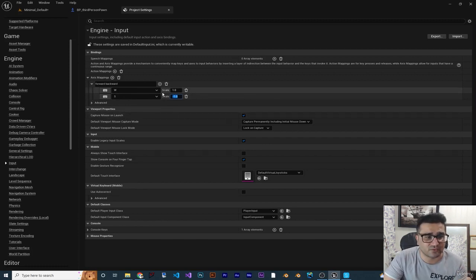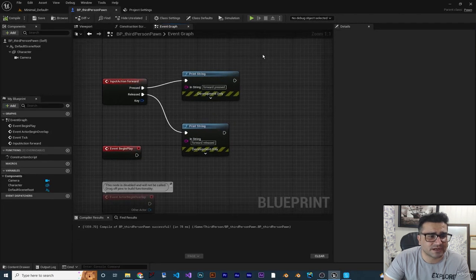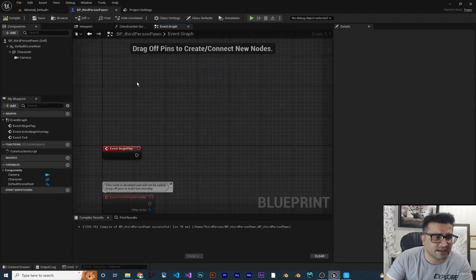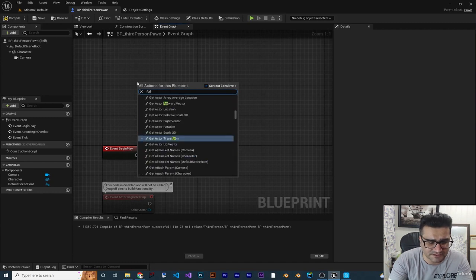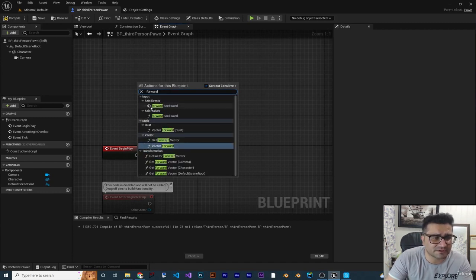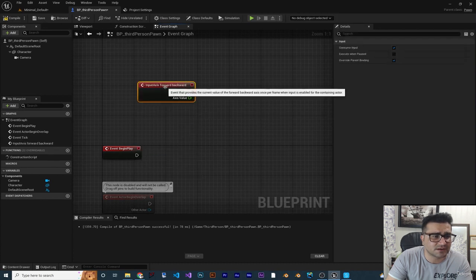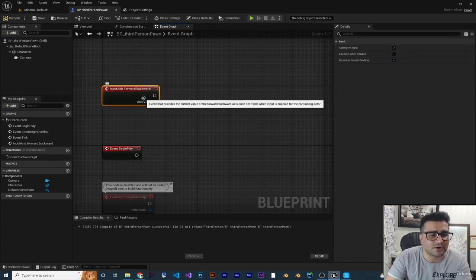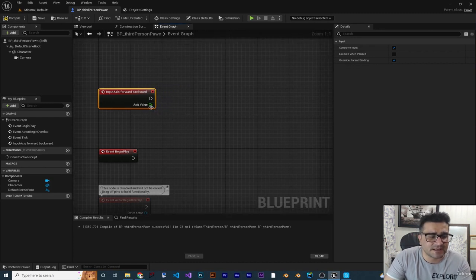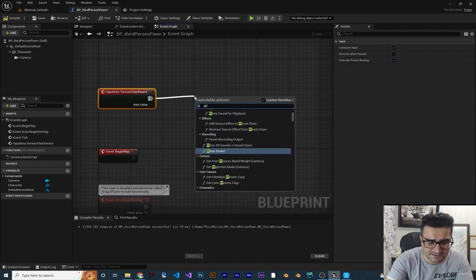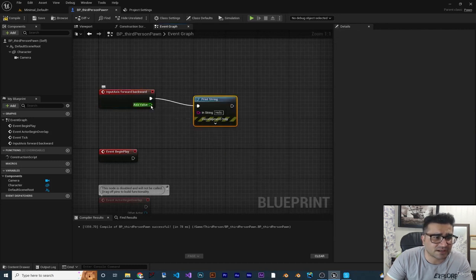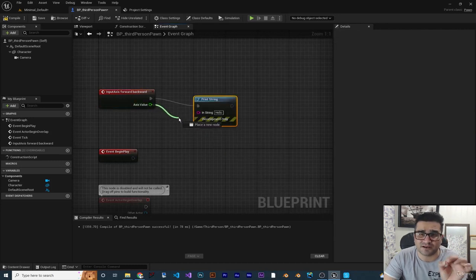So when we hit W on our keyboard, it will give us a value of 1, and when we hit S on our keyboard, it will give us -1. So now with that, let's go here and delete all of these. And now I want to search for forward and backward axis event. Okay, click on it, and now you can see there is no pressed and released. And if we connect a print string, for example, in here, and connect this axis value, that 1 and -1,